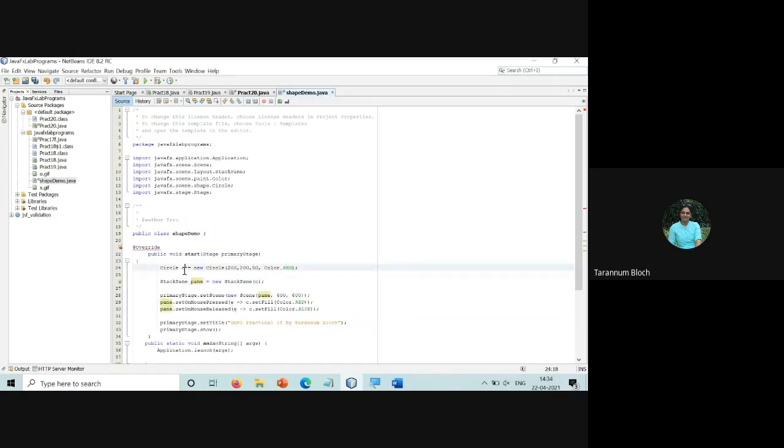Suppose this is Circle. Now I don't want a circle. I want over here extends. I have to write extends Application, fine, because that's the child class.